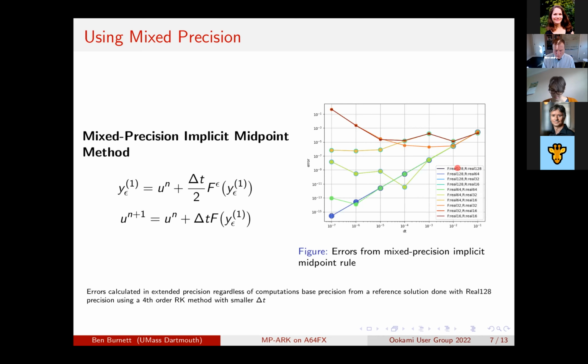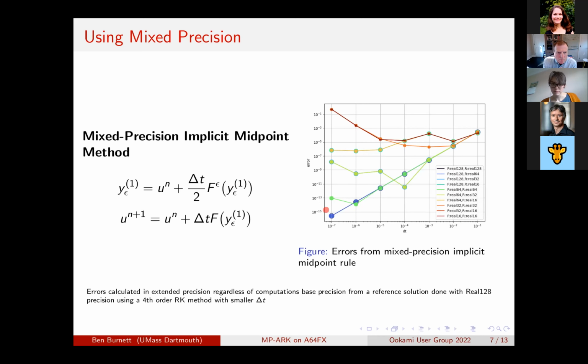Real 128 is quadruple precision on x86. On ARM, however, that's extended precision in Fortran. Quadruple precision wasn't supported, and so it uses the 80-bit extended precision behind the scenes. And so that's the naming convention of these plots. Sorry about that. So going back to this, we see that in green, double precision goes and it reaches about